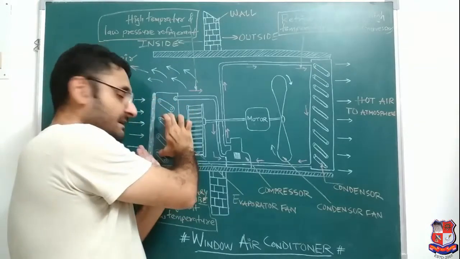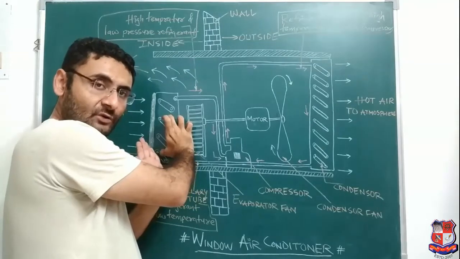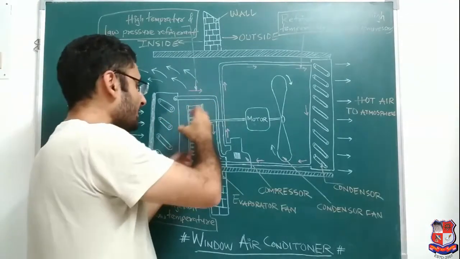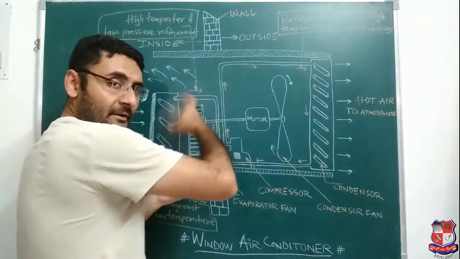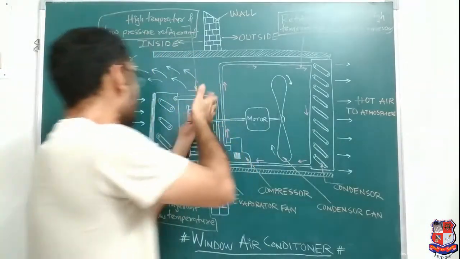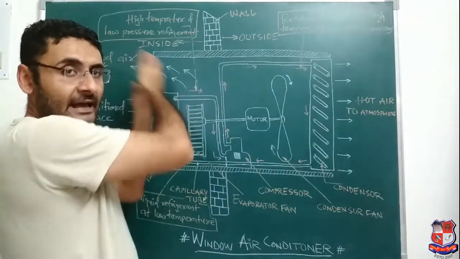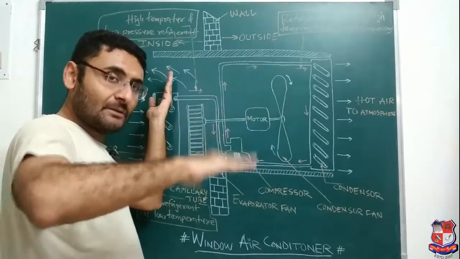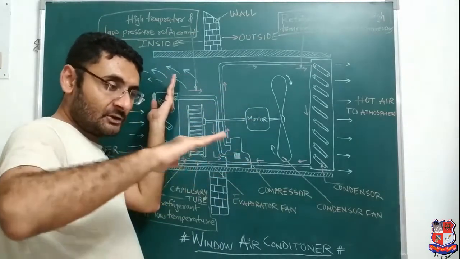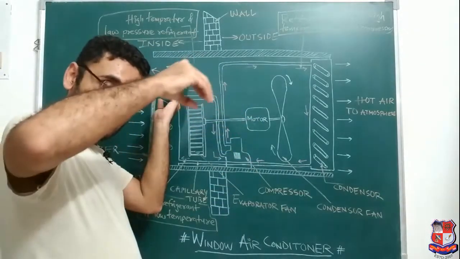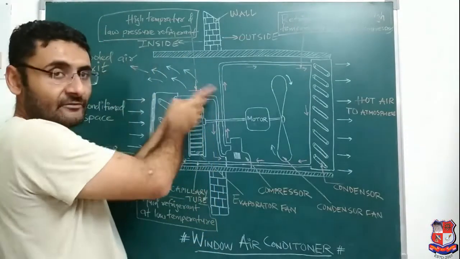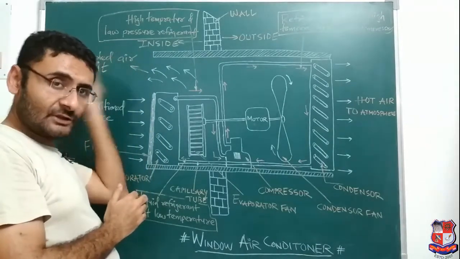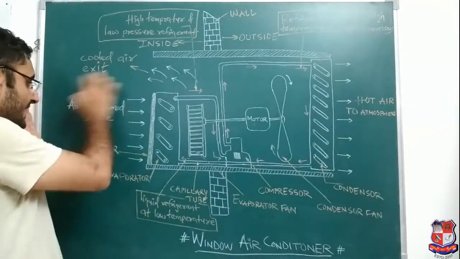And over here dehumidification is there. Dehumidification means what? Humidity is decreased as well as moisture particles are also decreased. And finally, whatever cold air is there, with the help of the evaporator fan, which is rotating, that evaporator fan will reject that cold air, which is dehumidified. Dehumidified means moisture particles are reduced, humidity is reduced. So that dehumidified air, which is cold air, is rejected once again into your room. So that is why that is known as air conditioned space.